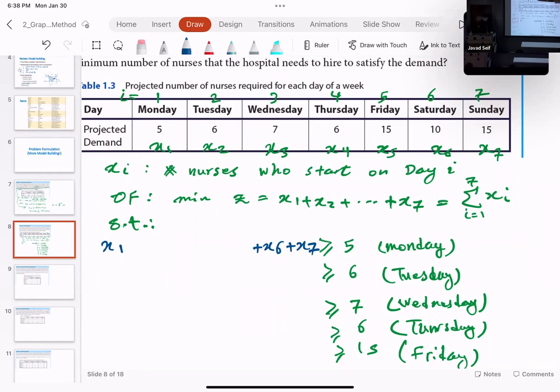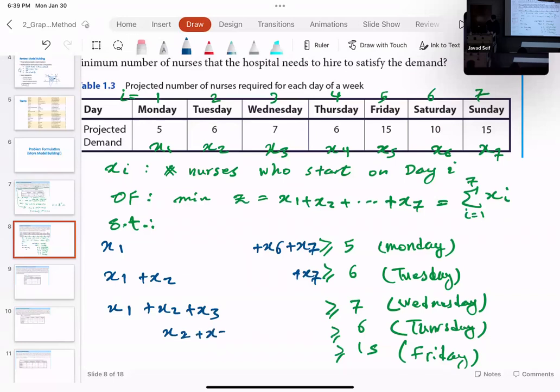Same logic. Who's gonna work on Tuesday? Monday, and also people who work on Sunday. Okay, so x1 plus x2, Tuesday ones also, plus x7. How about Wednesday? Right? And then Thursday,